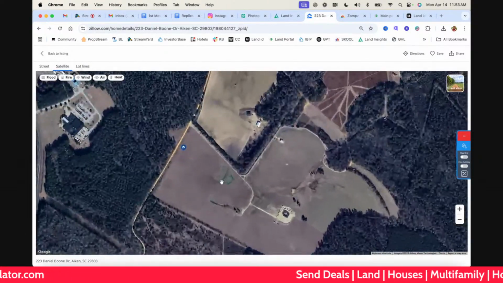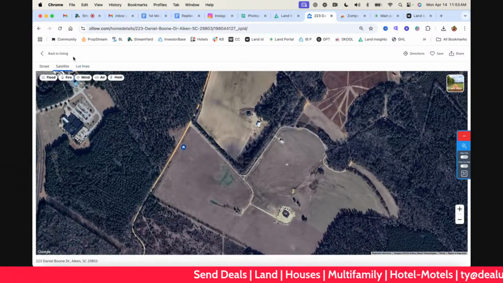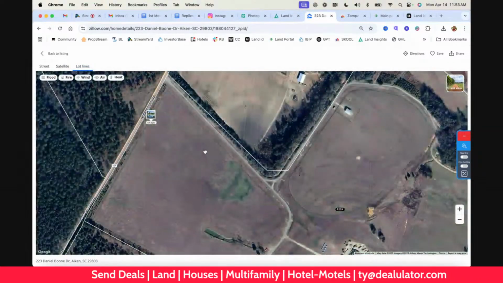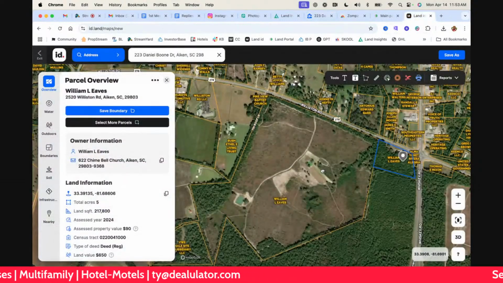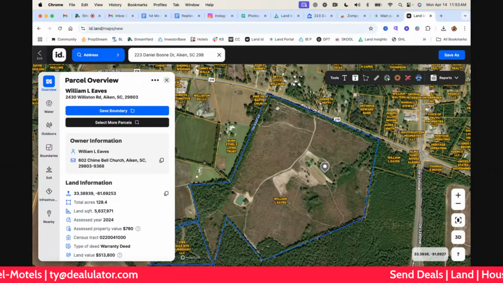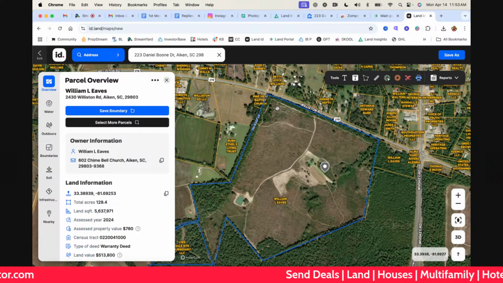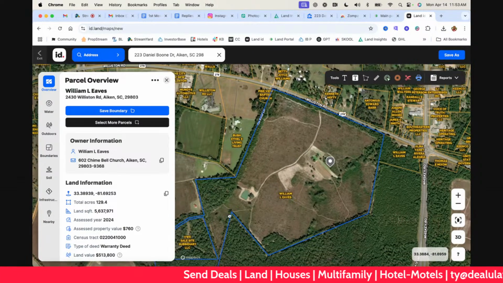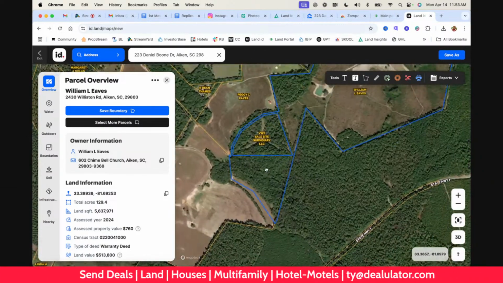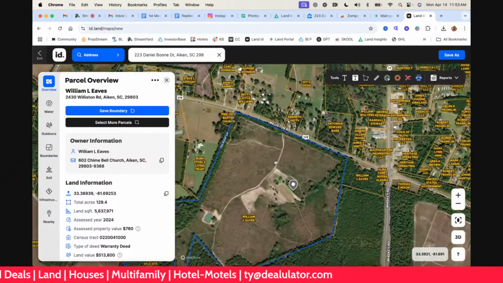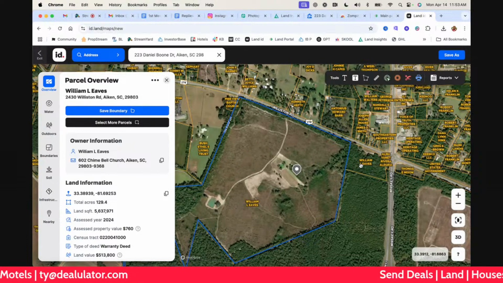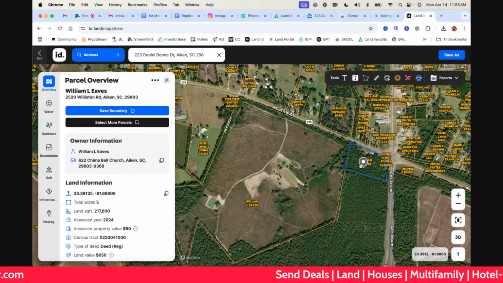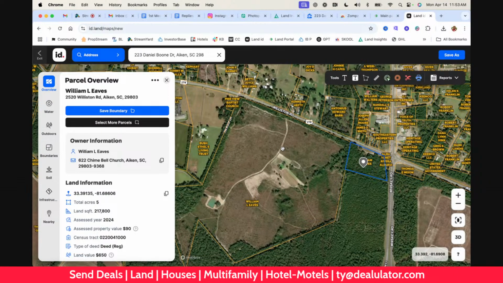Okay, so once I zoom out, it's still not showing my lot lines. I have to zoom in a little bit. I can't see it the way I can see it over here, right? So this is the property here. It actually has more road frontage than I thought, which is really good. Now it gets weird back in this area, but it has quite a bit of road frontage. Most of it would apply to the road frontage that's available, and then you have this 5 acres right here that's already subdivided off, right? So that could just be sold separately in itself.